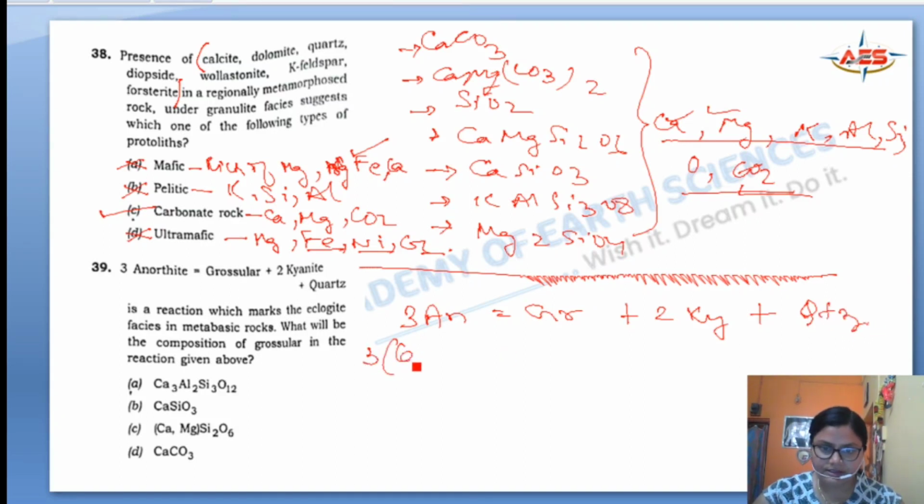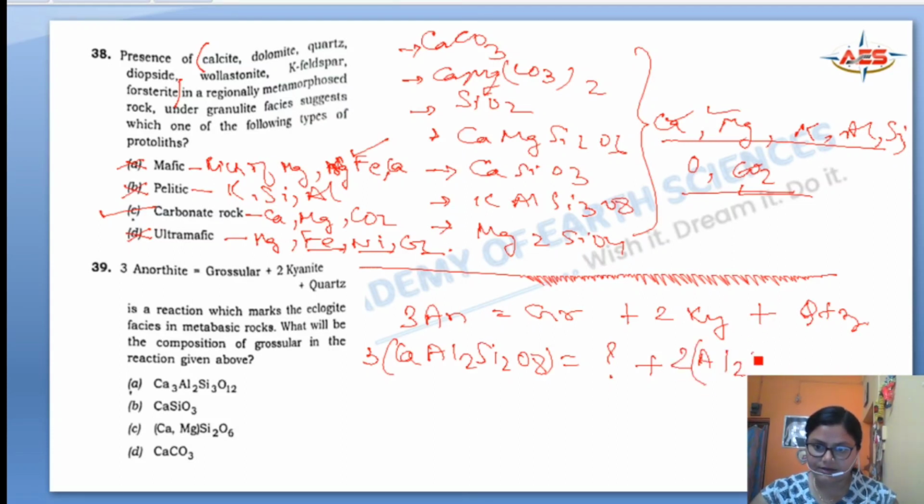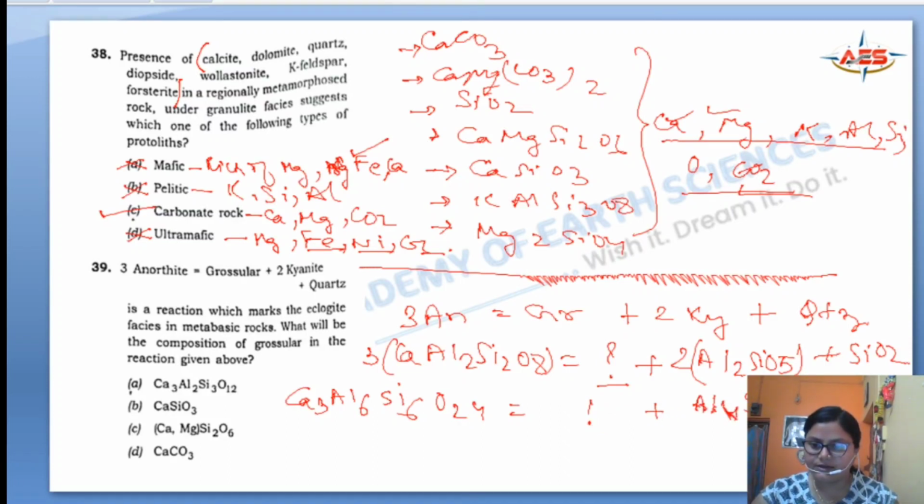So the formula is Ca(Al2Si2O8). Grossular we do not know, we have to find it. Kyanite is Al2Si(O5) and quartz is Si(O2). Now multiply each of the element with 3. So we have Ca3, Al6, Si6 and O24. Now grossular, keep it in hand, we don't know. Now what will be kyanite? Al4 Si2 O10, okay, and